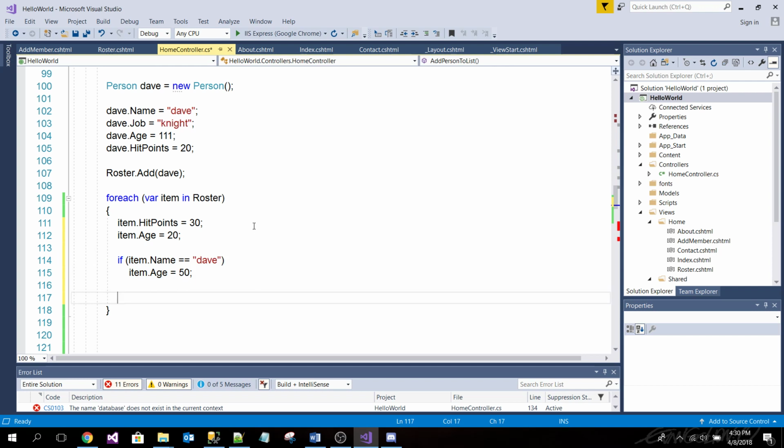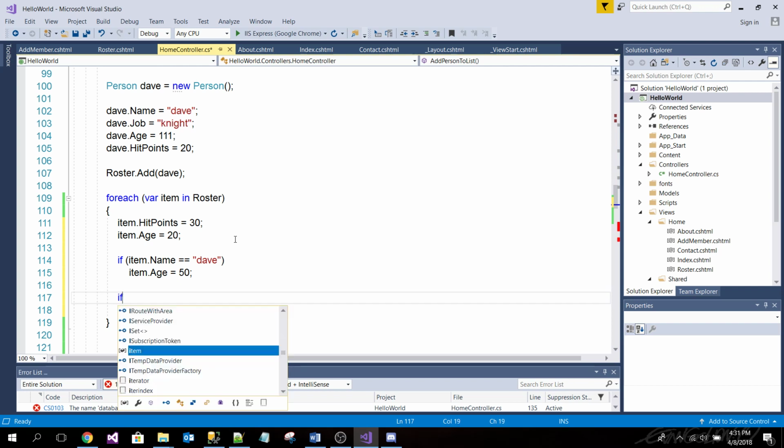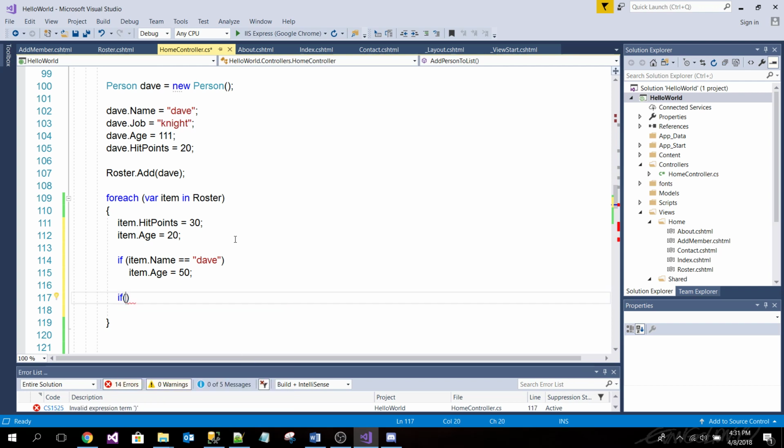Let's see. So, what about you're running through here, right? And how can, if their hit points is 0, then their job is dead? That's great. So, if what?